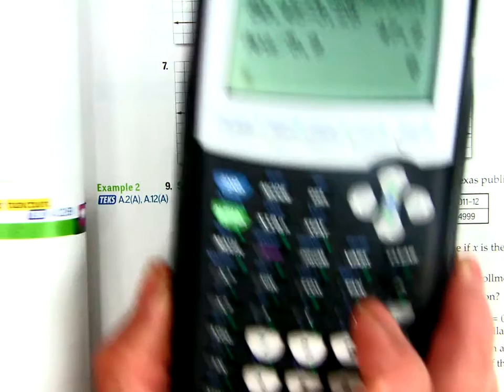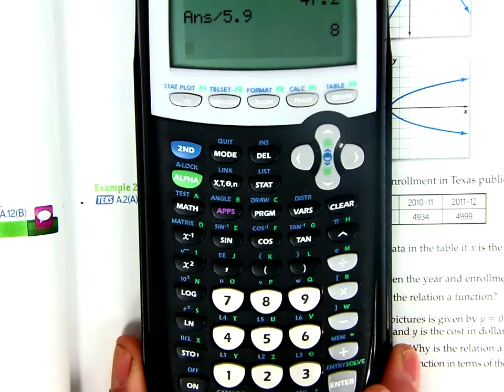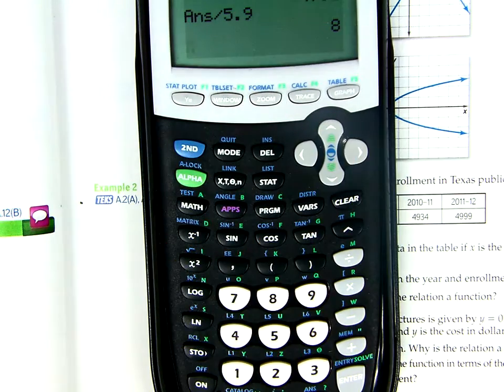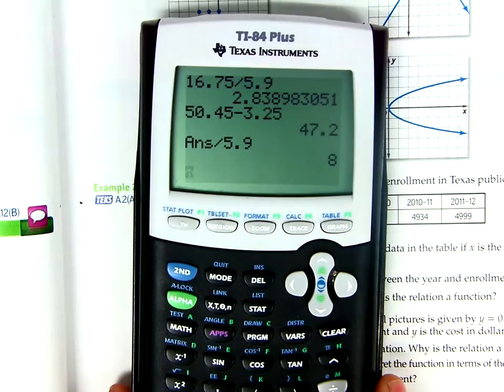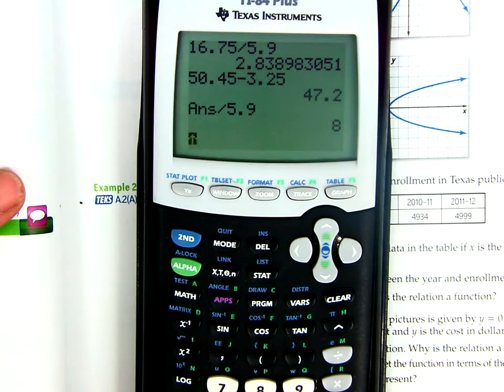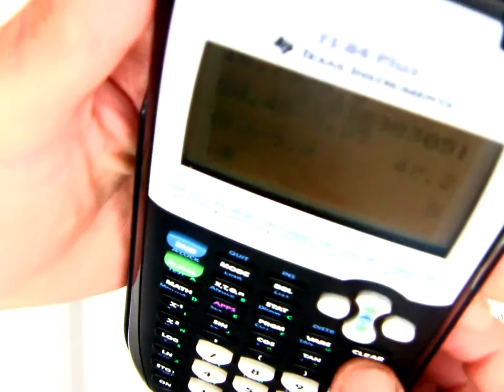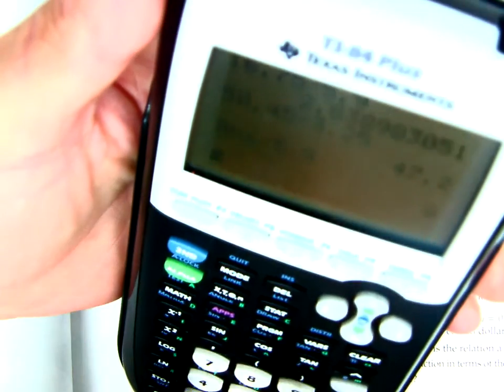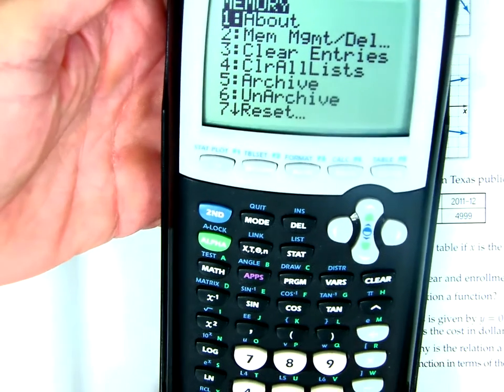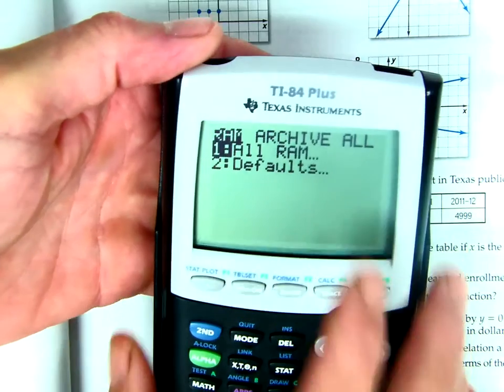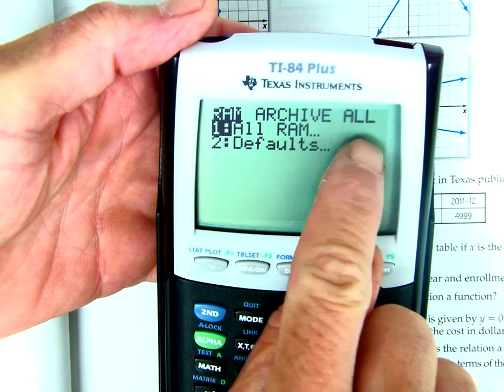So every day when you get your calculator, you want to push the second button, the 7, second, the plus button, number 7, and then go over to all,